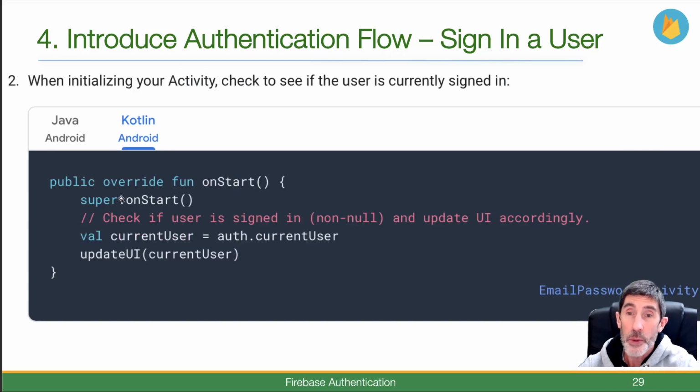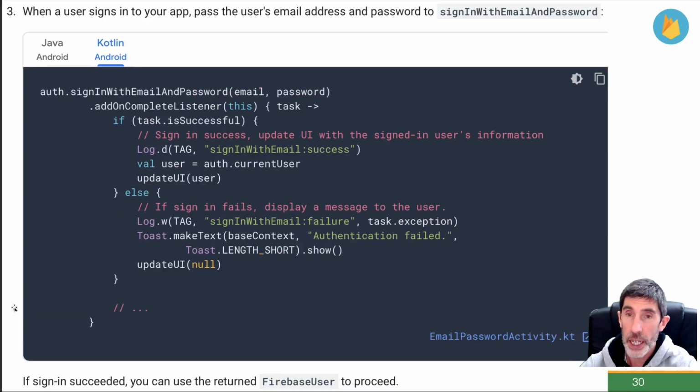We then, same as before, check to see if the user is currently signed in. That's identical to the last one. There we are grabbing the current user, checking to see what it is, and then depending on whether it's instantiated or not, is looked after inside that update UI function. And whereas previously we had our create, we now have our sign in with email and password, and it's basically exactly the same thing. Have your callback, there it is there. If everything works okay,